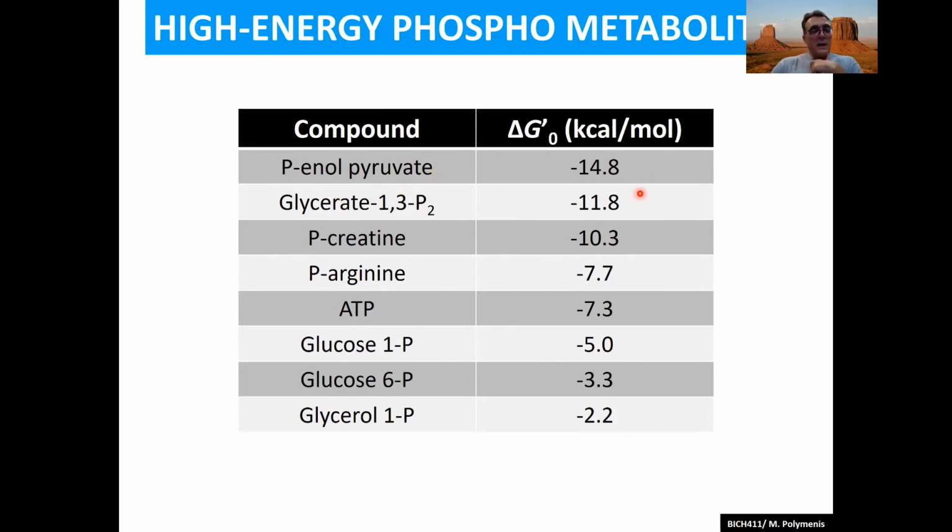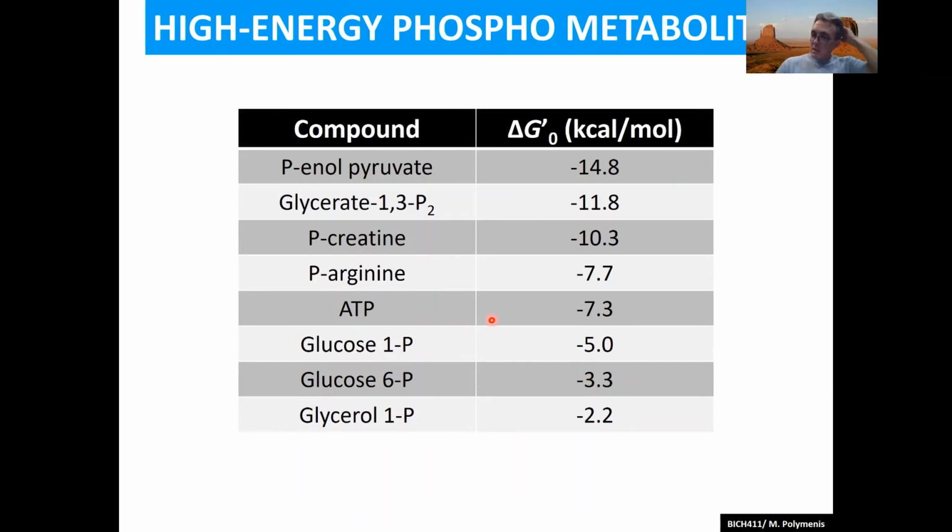1,3-bisphosphoglycerate is also pretty high up. Both of these things, we're going to see them in glycolysis as intermediates in the phosphoryl transfer reactions. I already told you that many compounds get modified by phosphorylation. This is glucose or glycerol, for example, and they can be phosphorylated at various positions, either the first carbon or the sixth carbon. And again, if you hydrolyze that, you do release some free energy, okay, but not as high as